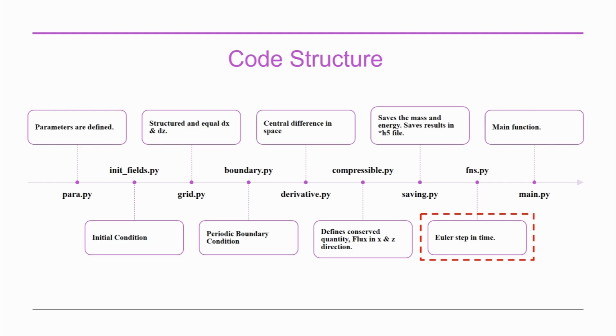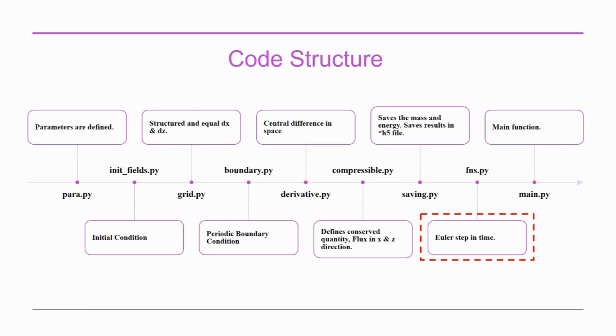Para file takes in the inputs like the time steps and the number of time iterations, the grid size, etc. Then the field variables are initialized using the initial condition in init fields. The grid file generates the grid with equal dx and dz steps in a structured form. The boundary file